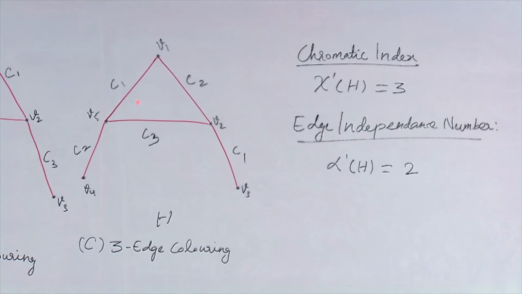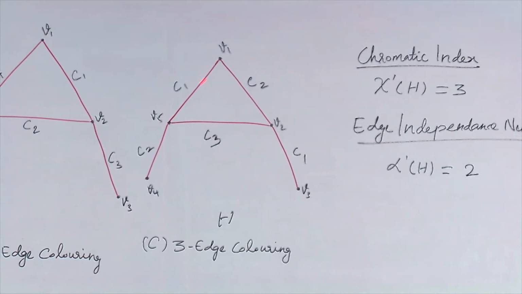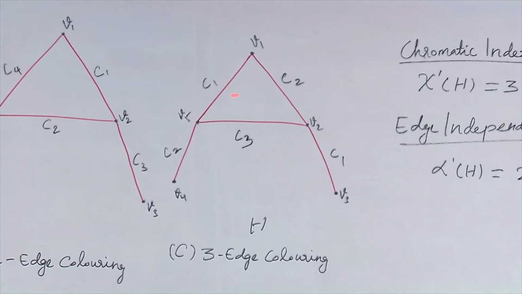I am interested in finding the edge independent set. Independent set in the sense that we have to collect non-adjacent edges. So, here if I have taken this edge V1V5, since I have taken this edge, I cannot consider this and this and this, because these 3 edges are adjacent to it, but I can consider this edge V2V3. So, therefore, the first set will comprise the edge V1V5 and the edge V2V3. Therefore, the cardinality there is 2, but is that a maximum edge independent set? We will figure it out.